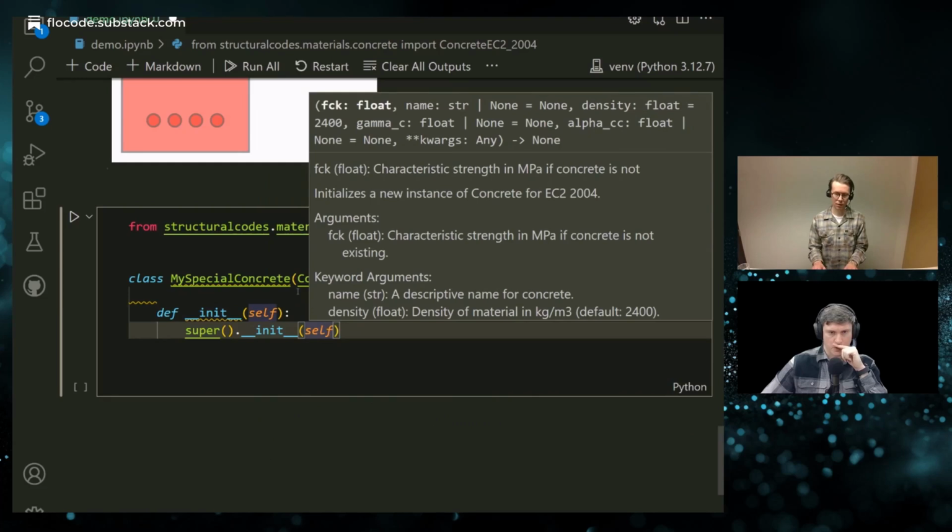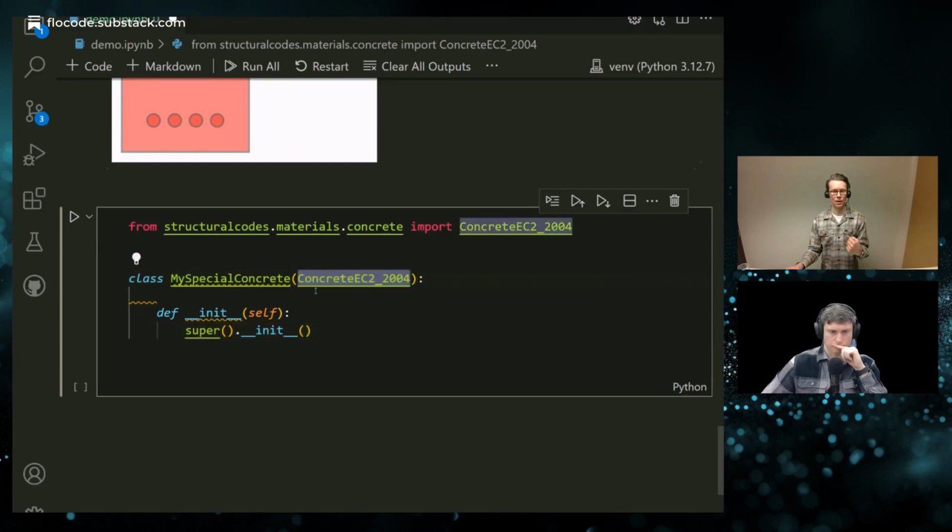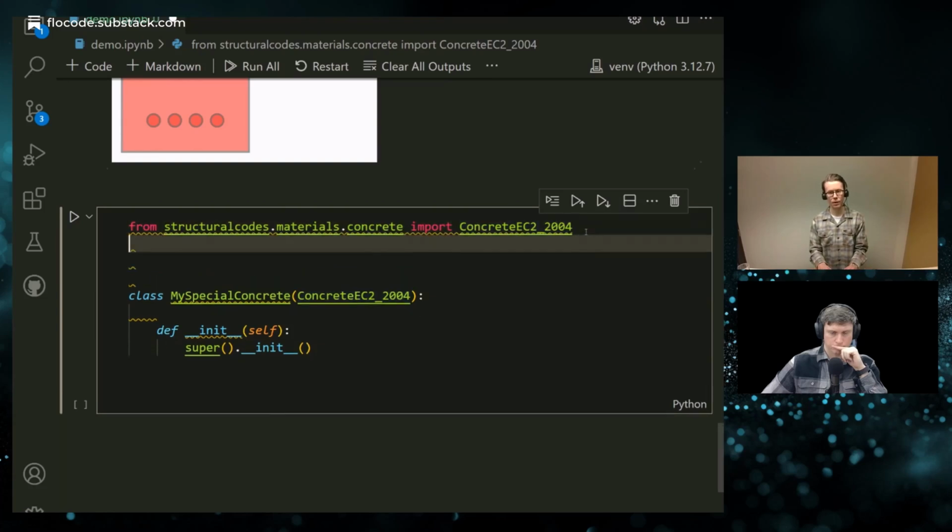So what's happening here? Here we make sure that we call all the necessary parts of the code in order to have this special object behave as the ConcreteEC2_2004. But in addition to this, we really want to change the default constitutive law, for example.